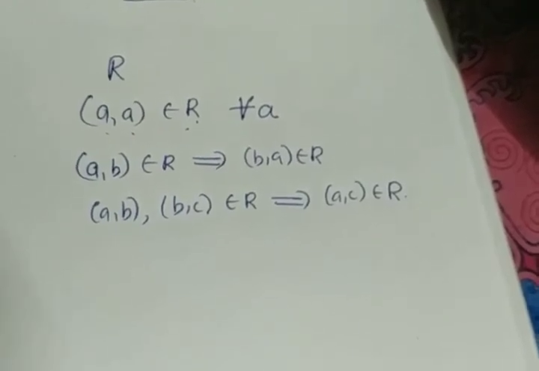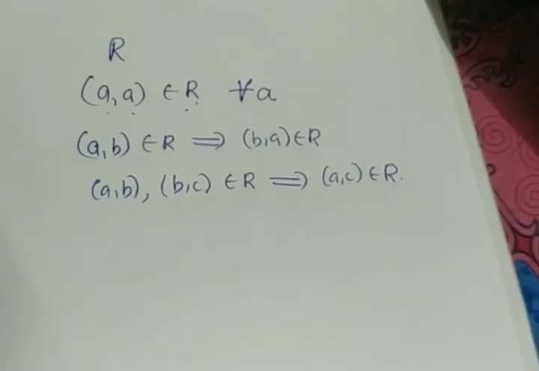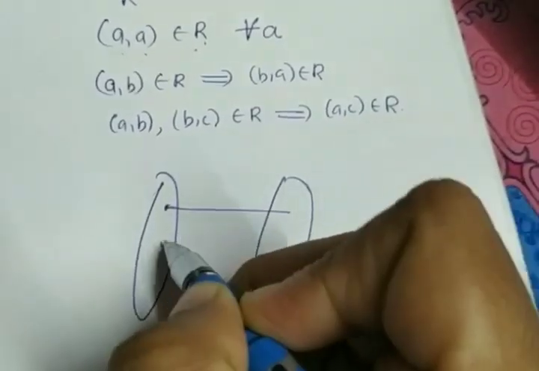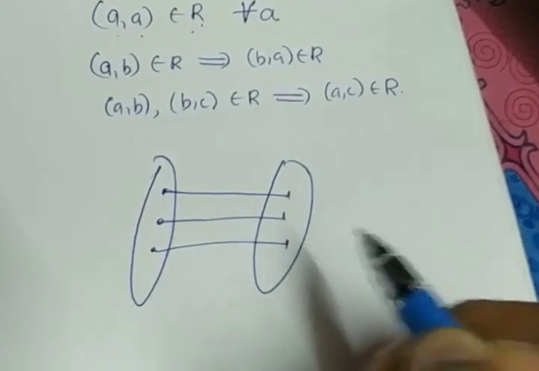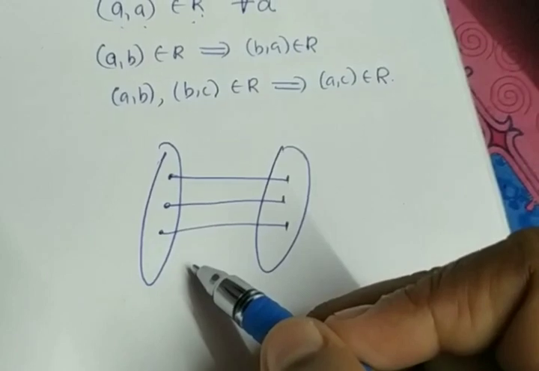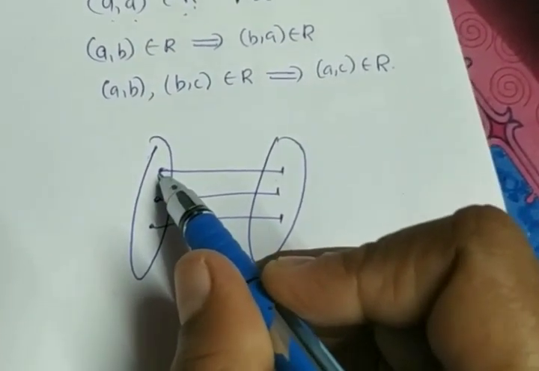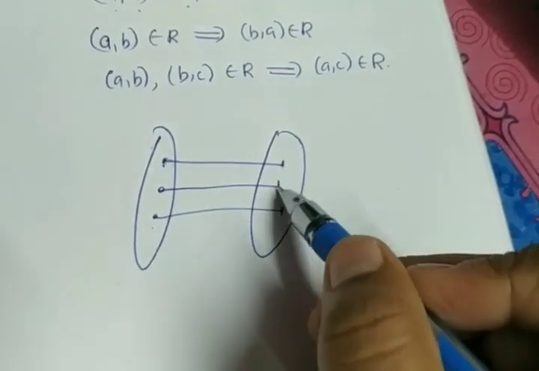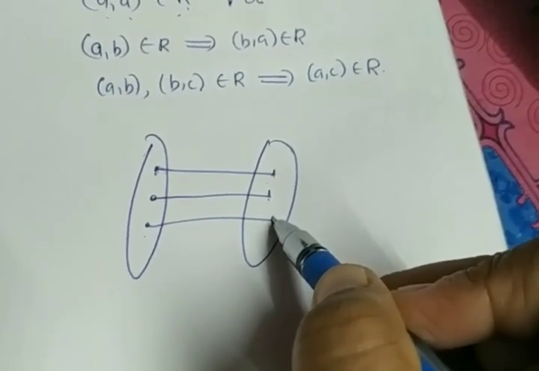We have dealt with many types of functions. One was 1-1 function. What do you mean by 1-1 function? If I am taking two sets, corresponding to each element of the first set, there exists only one image in the second set, and distinct elements have distinct images in the second set. Having a unique image is the condition for the function, but distinct elements having distinct images makes it a 1-1 function.